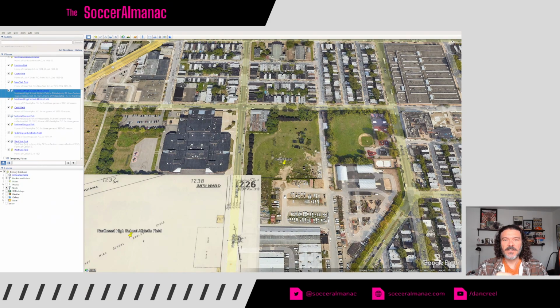They built a field here, and I think this field was active until like the mid-90s. Again, you'll see they're playing at Cahill Field at the corner of 29th in Clearfield or 29th in Cambria. They'll say the 29th in Clearfield Stadium or 29th in Cambria Stadium. They played most of their matches here, out of 10 or so. I think they played 10 here, 3 at Northeast High School, 10 here.